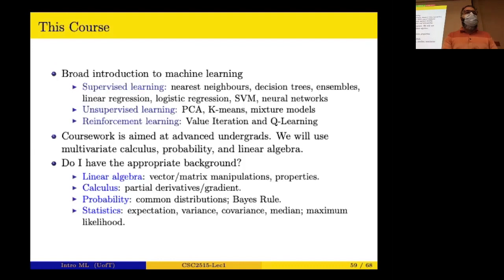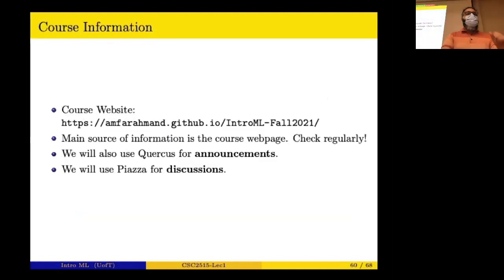on others. The coursework is aimed at the advanced undergrad or the first-year grad, or from other fields that are not computer science. We need to know linear algebra, calculus, probability, and statistics, and also be good in programming. So these are the things that you need to know, the level of things that you mentioned. So there's a course web page.